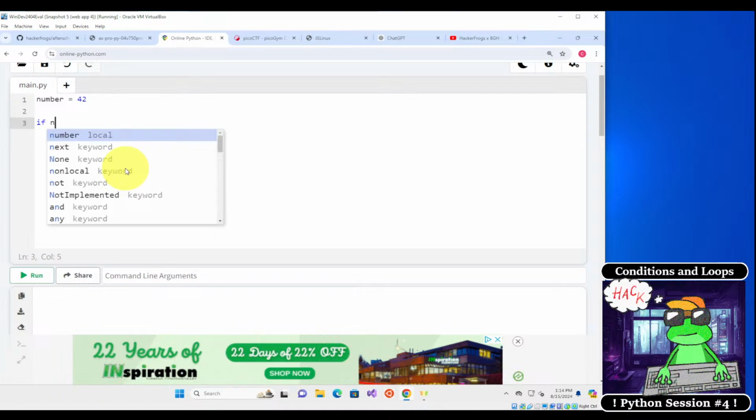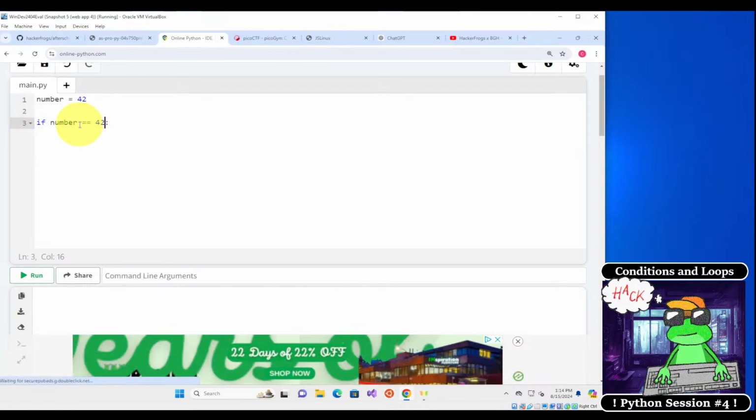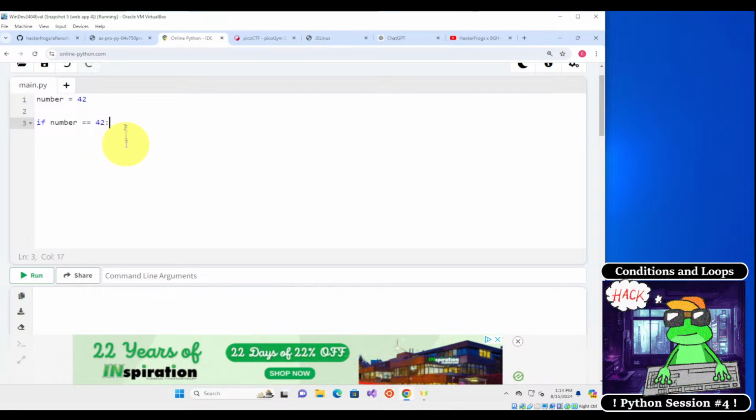can do if number double equal signs 42 and then colon. So this is the end of the if comparison over here. We're comparing if the number is exactly equal to 42, and then we give a colon over here, and then on the next line we have to give a space. So it's going to space it out automatically for us, but if not,